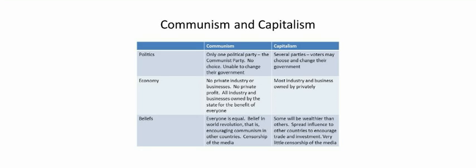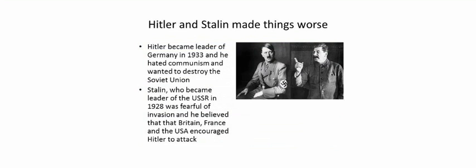So all of this division between communism and capitalism is made worse by what's happening in the 1930s. Even before this, America has had a Red Scare in the 1920s, Britain has had a Red Scare, and basically relations between America and Britain versus Stalin have gotten worse. And then Hitler comes along, and he makes no secret that A, he hates communism, B, he hates Russians and Slavs, C, he wants their land for Germans.